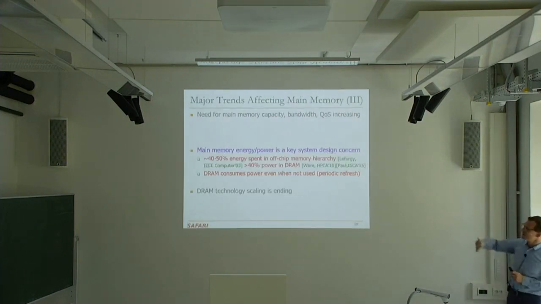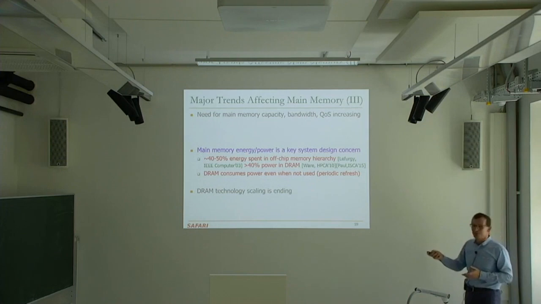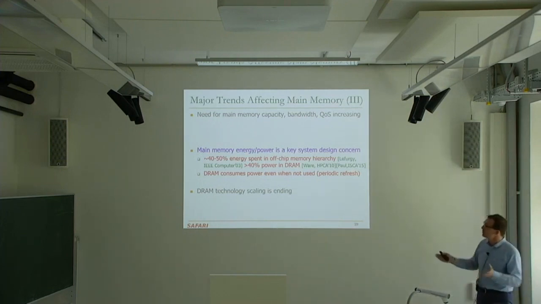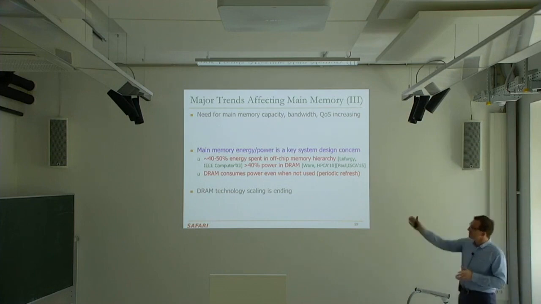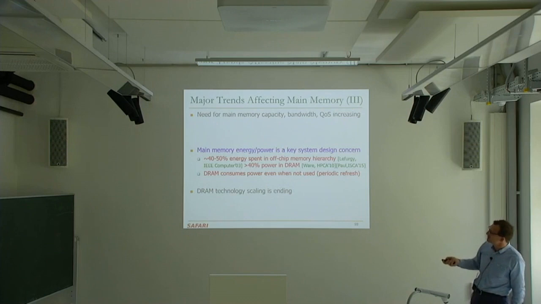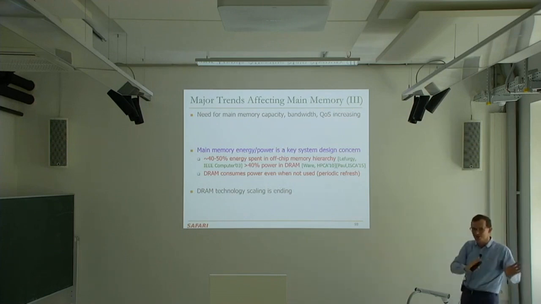Okay, now let me switch to the second trend. This is energy and power. Clearly, energy and power is a key system design concern today, especially more today. I'm going to give you some data points over here also. This is another paper that I would recommend. You can also search for these papers once you have these slides. These slides will all be